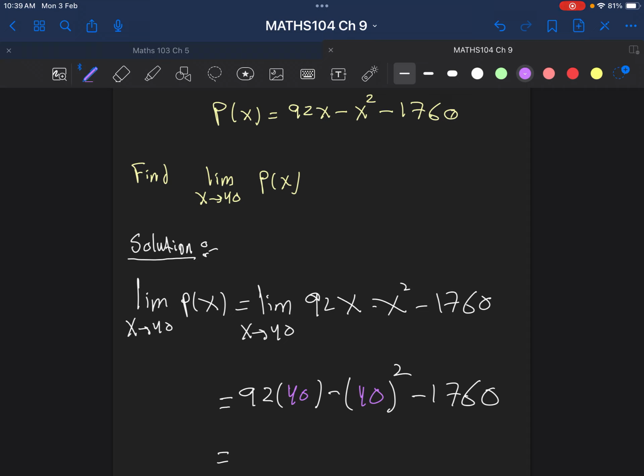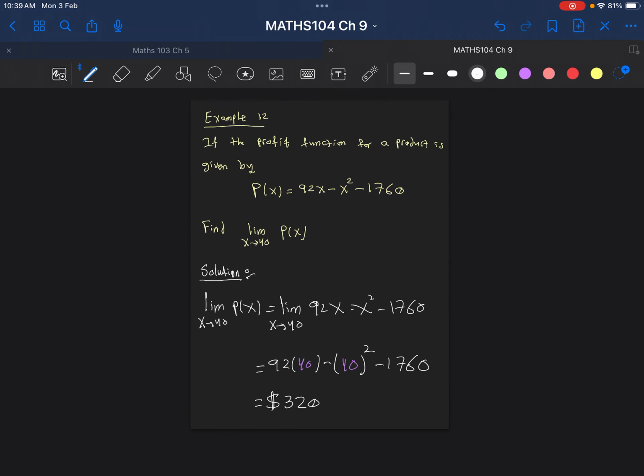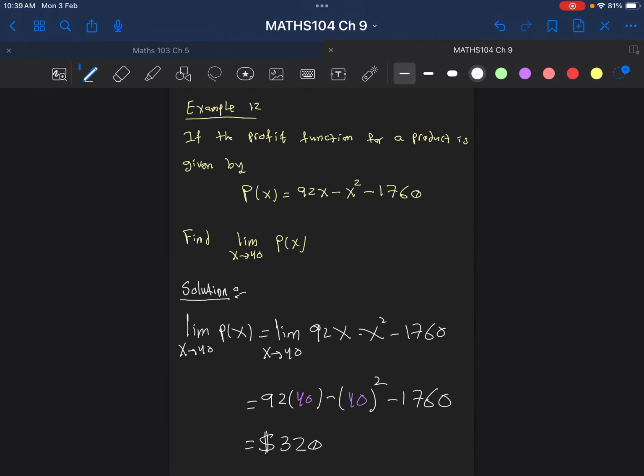Now, if we have the calculator, all we need to do is plug in the number. We will get the answer in dollars, because remember the profit will be 320, and we just do it in dollars. So that will be the answer for this part. By this, we did one application of how we use the limit in the profit of a product. And remember, the quantity approaches 40, so the profit